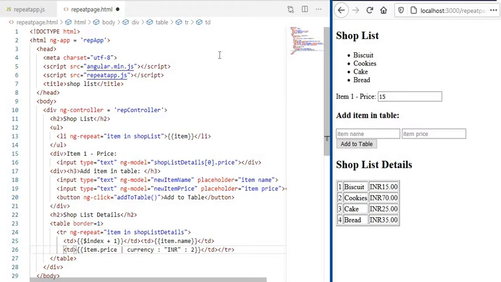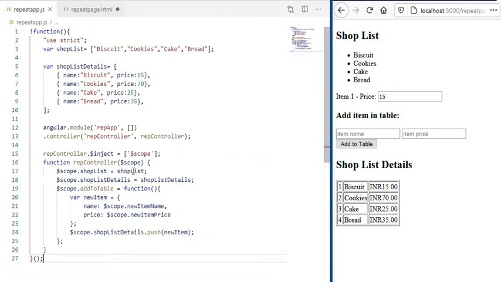Similarly here also we are using that, but ng-repeat is the directive which works similar to the for-each concept. Here, item in shopList. The shopList is getting its value from the previous variable, $scope.shopList, which has biscuit, cookies, cake and bread.